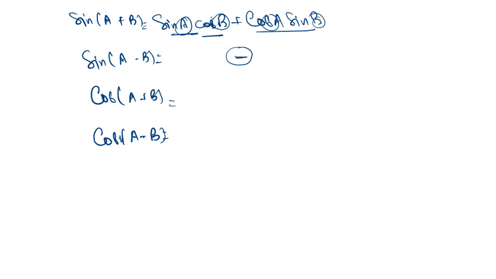If I am talking about cos of A plus B, then it will be cos A cos B minus sine A sine B, like this. Here also one symmetry is there. When cos is there, it will be all cos at a time, all sine at a time. Whenever it is a plus sign, it will become a negative sign, and in case of negative, it will come as positive. Such formulas are available in your books, so you can follow them.